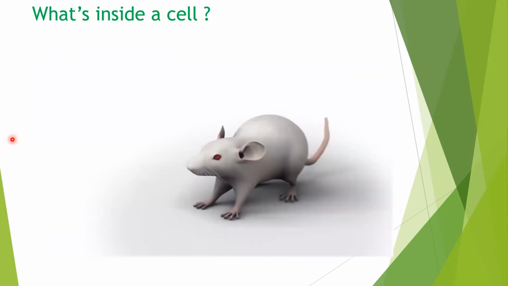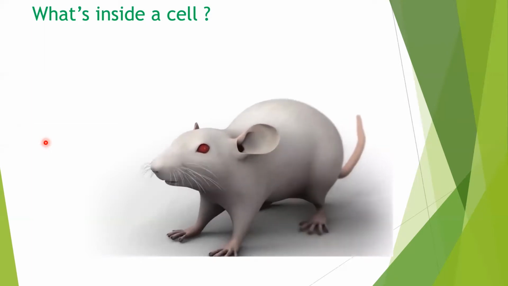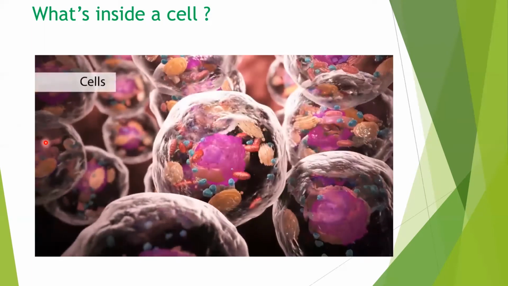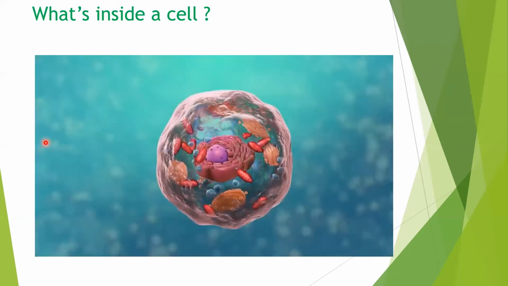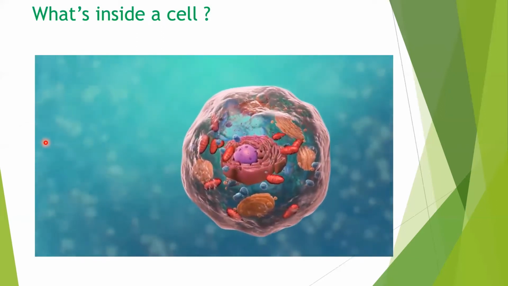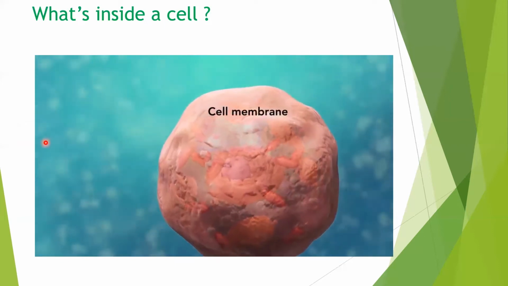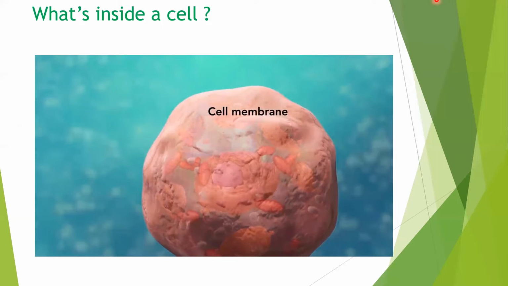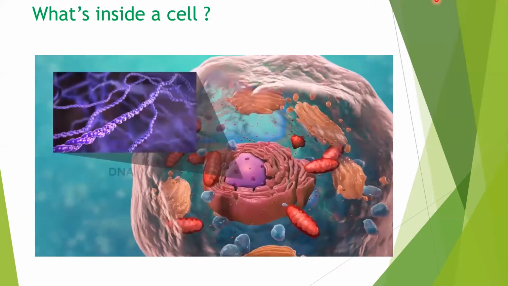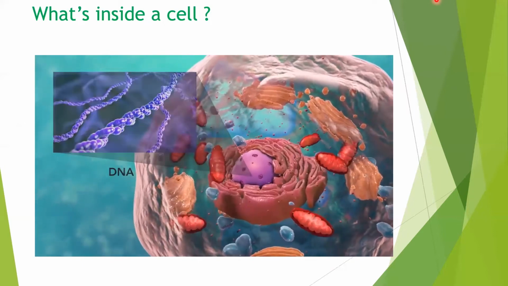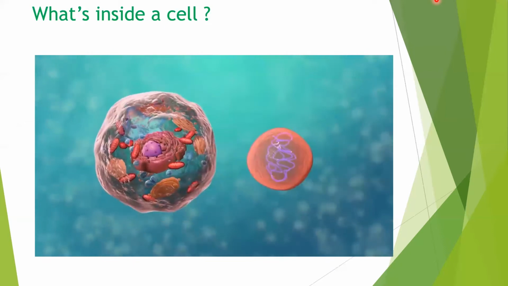Cells are the smallest living units of an organism. All cells have three things in common, no matter what type of cell they are. All cells have a cell membrane, which separates the inside of the cell from its environment, cytoplasm, which is a jelly-like fluid, and DNA, which is the cell's genetic material. There are two broad categories of cells.